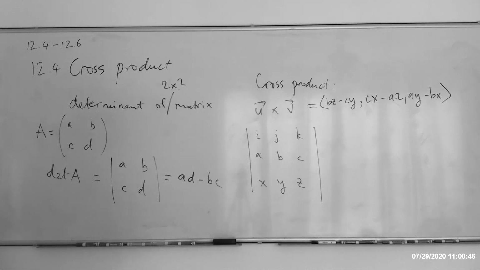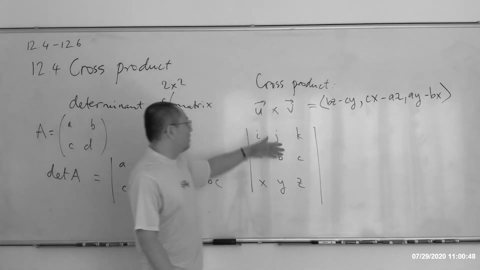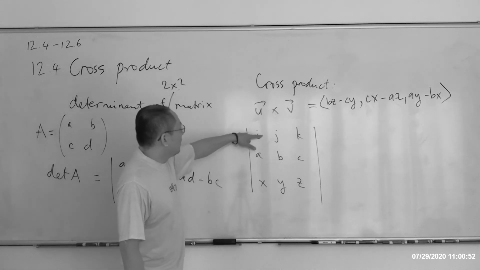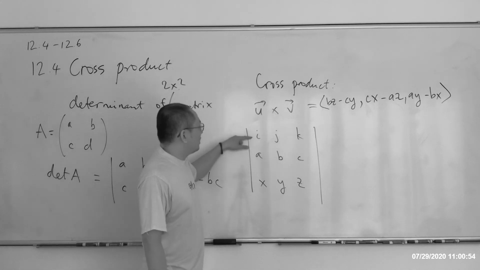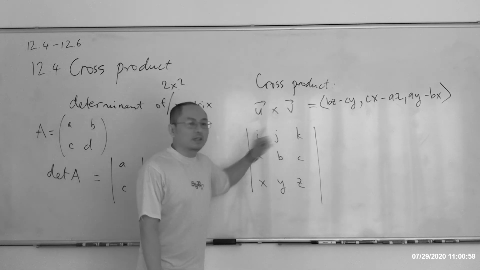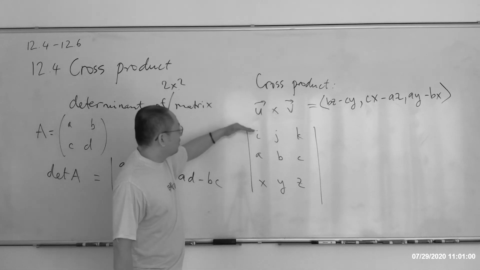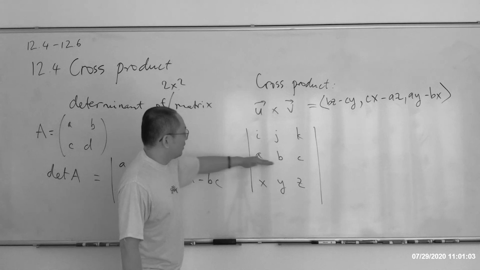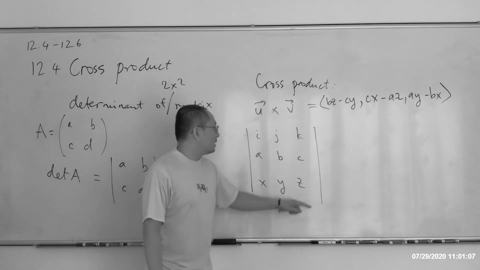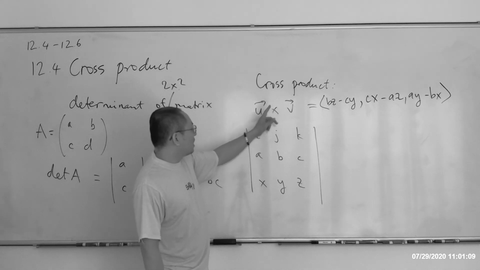Okay? And the cross product is like the determinant of a 3 by 3 matrix. Just go back to 2 by 2. So the first row is I, J, K with the 3 components, x coordinate, y coordinate, and z coordinate. And then I list the 2 vectors in the right order. U first, or U is the second row, A, B, C. And then V after. So V is X, Y, Z. So if you got what? V cross U, you better